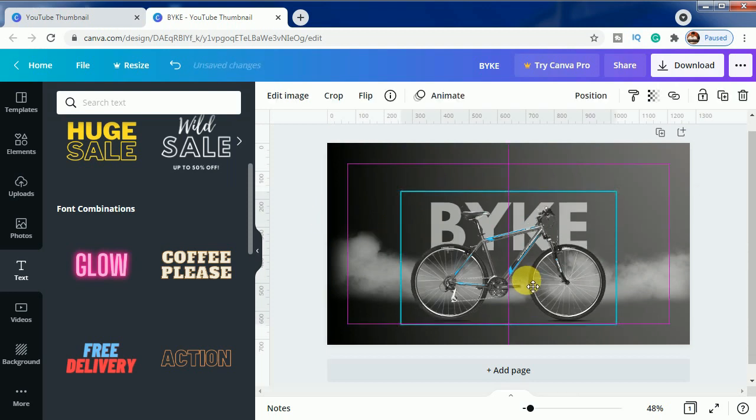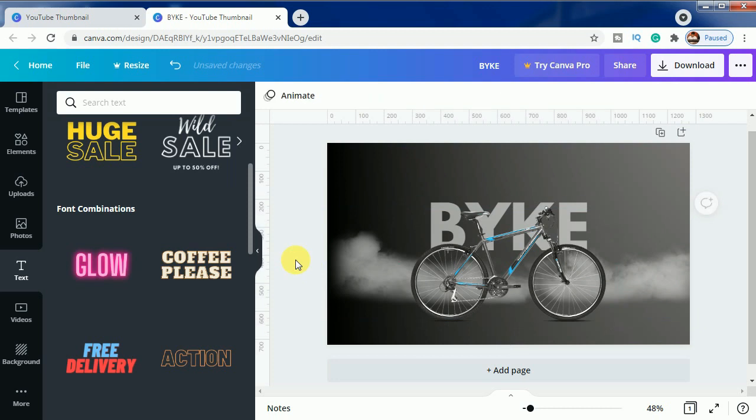Let's bring it slightly lower so this is visible, and now we have to add these icons for the landing page. The landing page has this profile icon, this shopping icon, and this wish list icon. For this we need to add the icons, but first we need to add a cycle logo here.